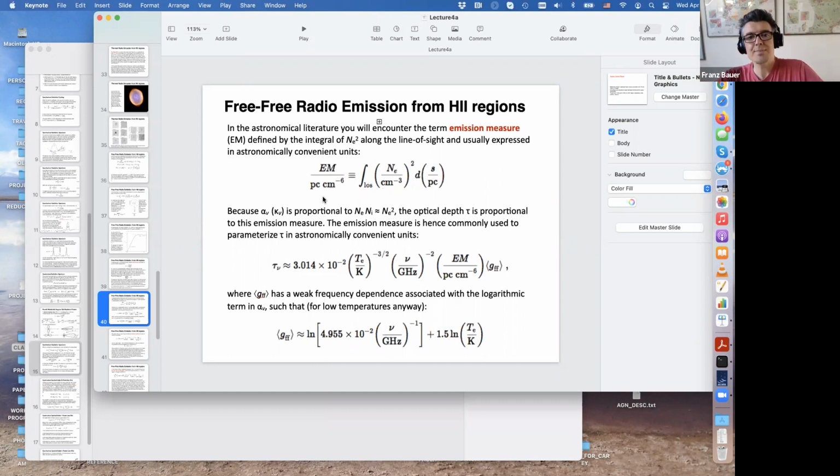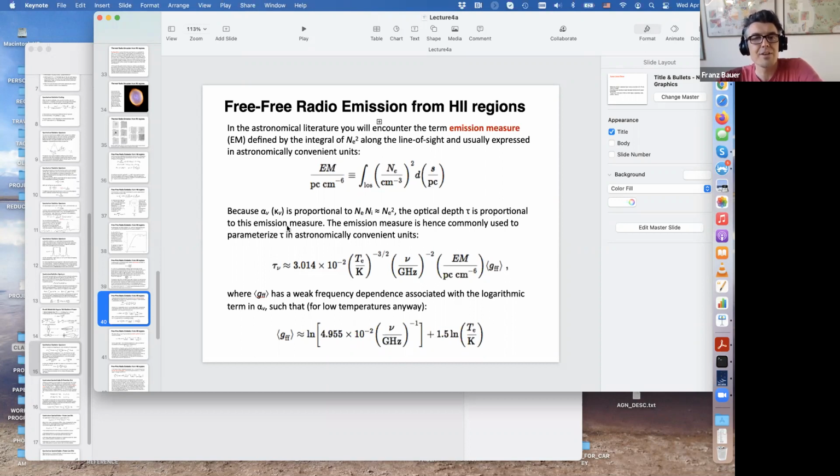And so typically this integral here, across the line of sight, of the density squared is called the emission measure. And so our absorption coefficient is going to be proportional to this n squared, and the optical depth is proportional to the emission measure